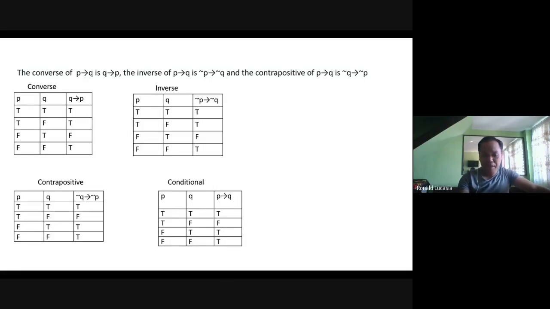Yung kanina na hypothesis or premise, tapos siya ay magiging conclusion na ngayon. Yung Q, which is our conclusion, will now become the premise or the hypothesis. Okay? The contrapositive will be the negation of the converse, while the inverse is the negation of the conditional. You can take notes of that kasi medyo nalilito din ako minsan kung sino